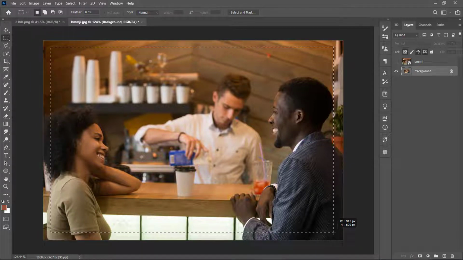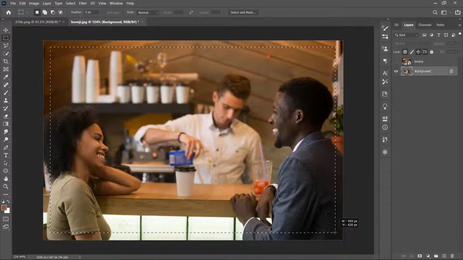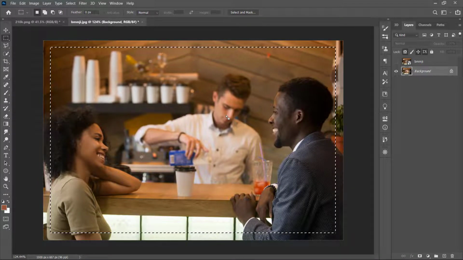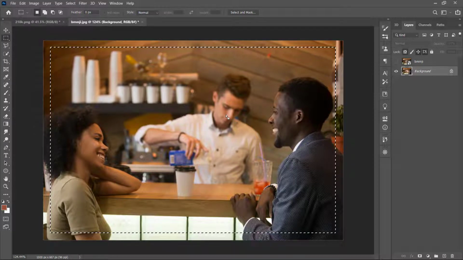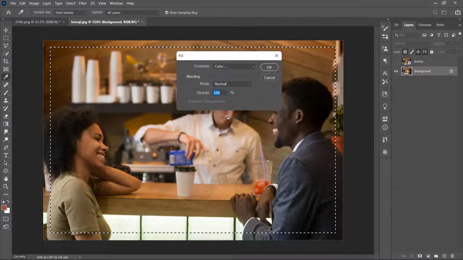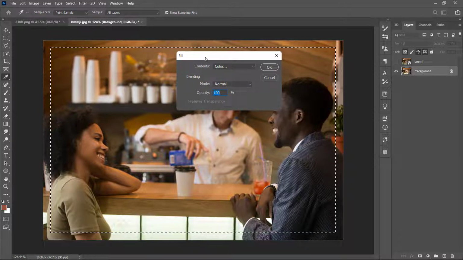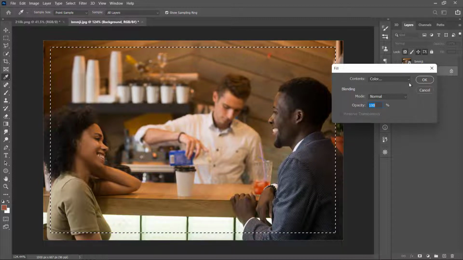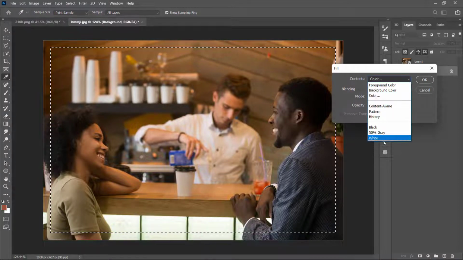So once you are okay with that size, now you can release that, leave it that way. Now after this, what you want to do is this. Now you want to click on the delete key as if you want to delete it. So you click on the delete key, and this stuff will pop up. Now what it means is, with this, you want to fill this area with